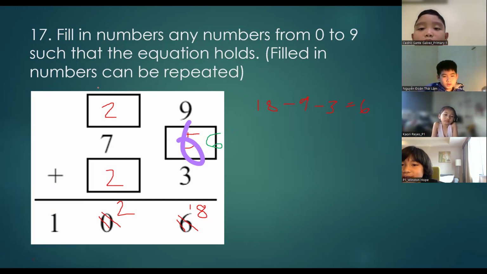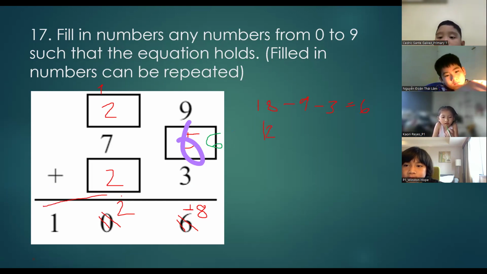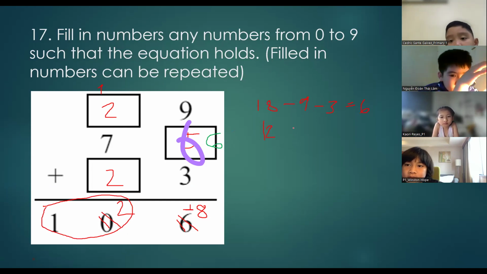And then you will carry over 1 here because of the 18, the sum here, right? You will carry that over to here. And then you will find a number that is equal to 12. Why 12? Because the sum here is 12. Okay, so 12 minus the carried over 1 and minus the 7. And how much is that? That would be 4.